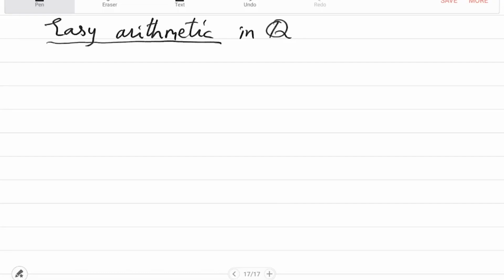Just an example. Suppose you are given a number A in bits and you are given a number B in bits and you want to add or subtract them. Okay, so what is the algorithm you know, and what is the time complexity of that algorithm in terms of asymptotics?